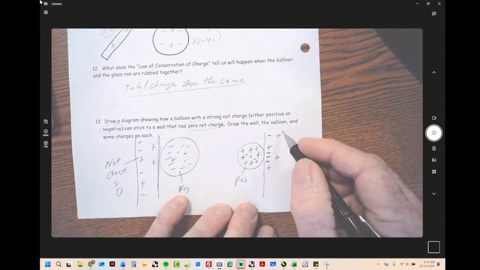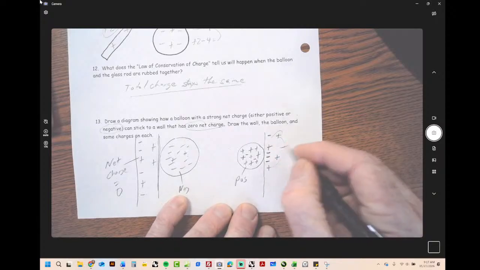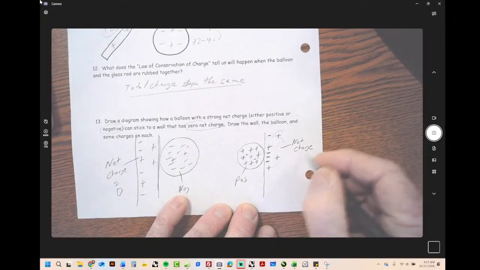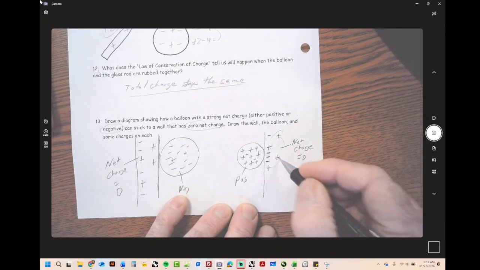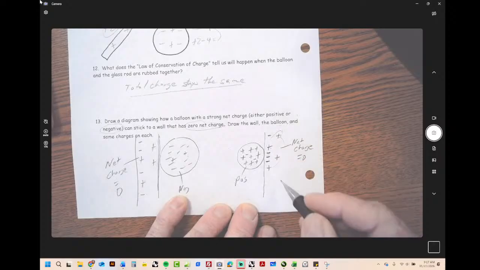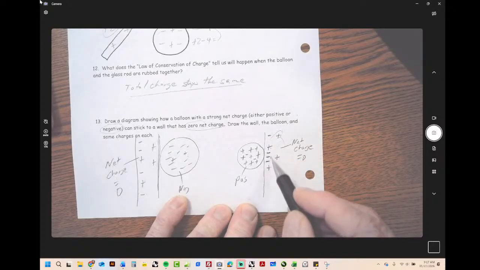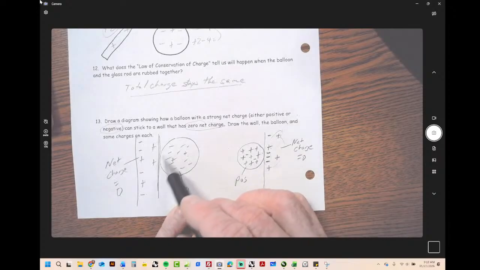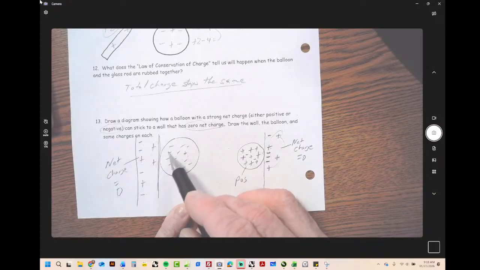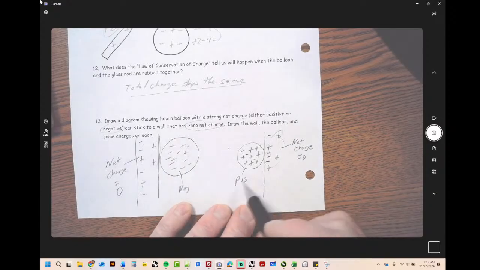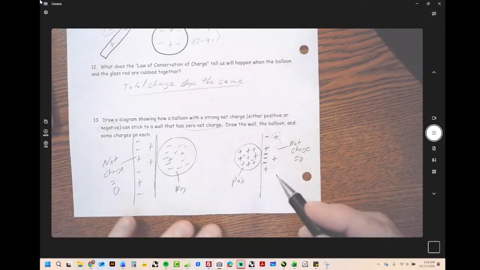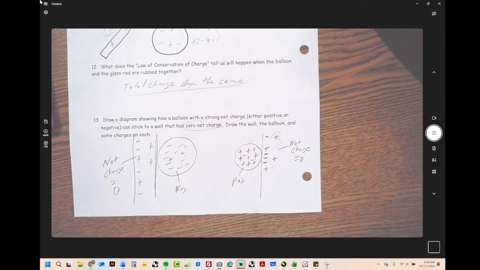So the wall still has a net charge of 0 because it's got 1, 2, 3, 4 pluses, 1, 2, 3, 4 minuses. But this part of the wall that's right next to the balloon is negative and the balloon is positive, so they stick. Over here, this part of the wall is positive, the balloon is negative, so they stick. You can have things that stick together even though they don't have opposite charges, as long as they have